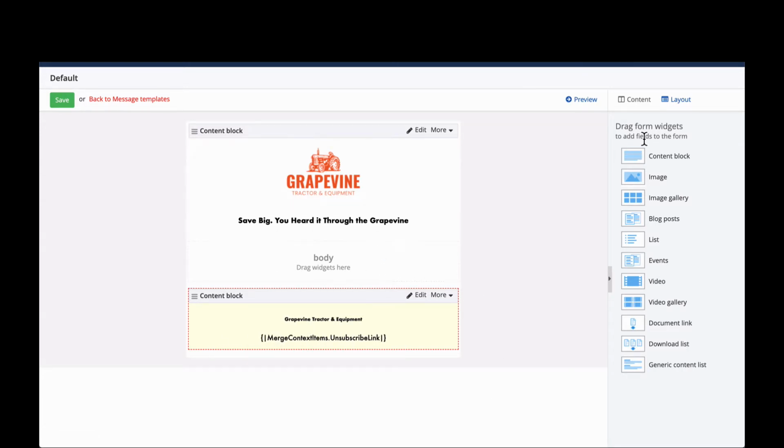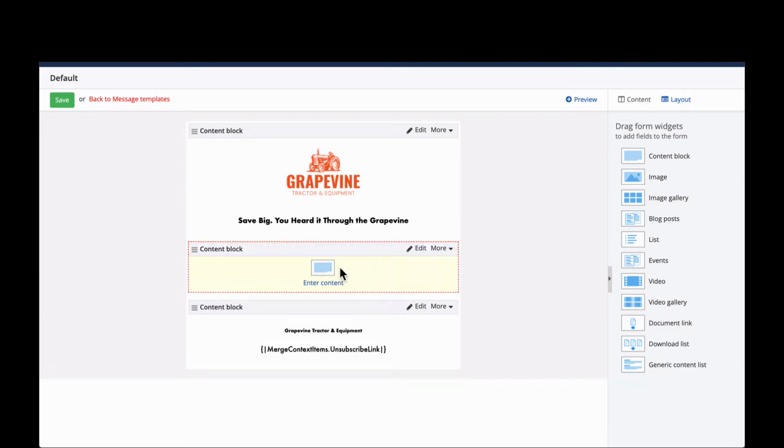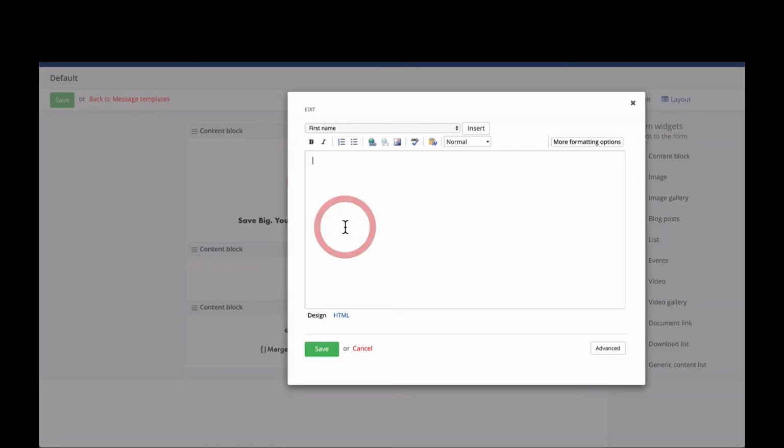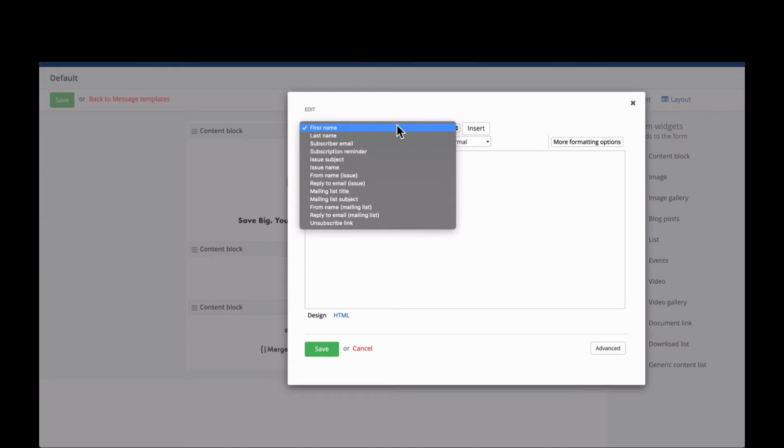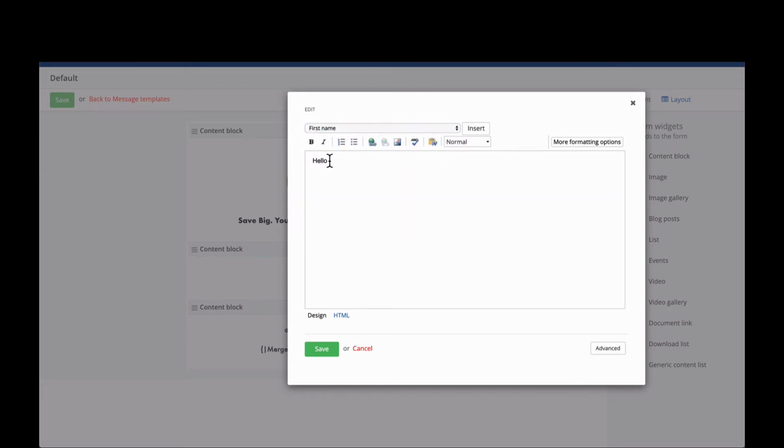And then for your body here, this is just like any other email you've ever seen. You can add a content block, and you can say anything that you want. Tell them about an open house you have coming up, that kind of thing. You can start off with a header like this that says hello sir, madam, but if you want a more personalized salutation, we can come back up here to this drop down and we can insert their first name. So if I click first name and insert, it's going to automatically insert their first name